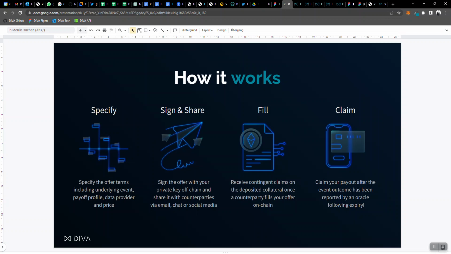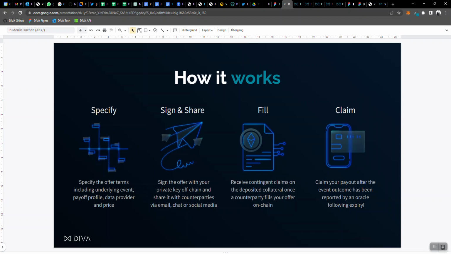Then in the next step, they would sign the offer with the private key, which is an off-chain process, and share this signed offer with counterparties via any off-chain communication channel, so via email, chat, or social media. And only if a counterparty agrees to these terms, only then the derivative contract is created on-chain, and these tokenized contingent claims are sent to the two parties that are involved in the derivative contract.